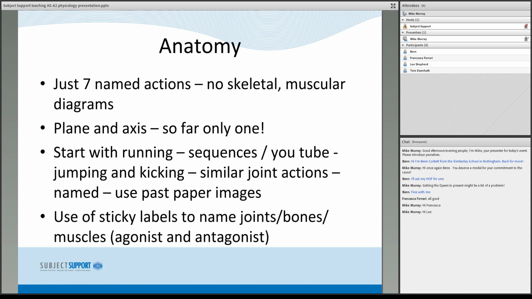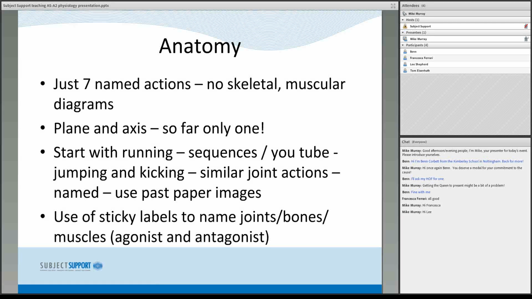And it's quite a good idea to not start off with a YouTube clip of Usain Bolt galloping down, because the students won't pick out what's actually going on with the movements. You might want to find a slow-mo of what's going on when someone's running. You might want to Google running action or something like that, and get sequences, because that's what's going to happen in